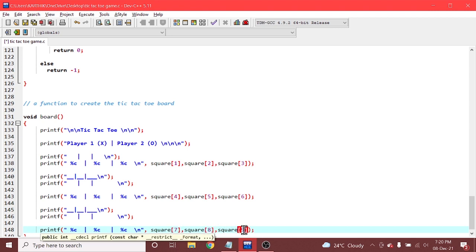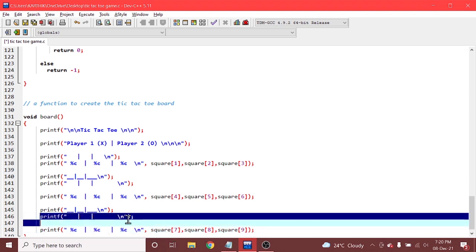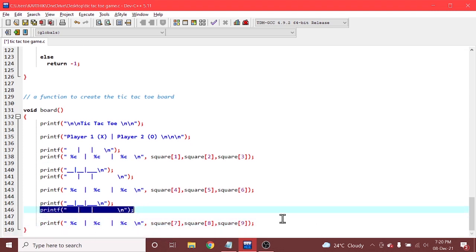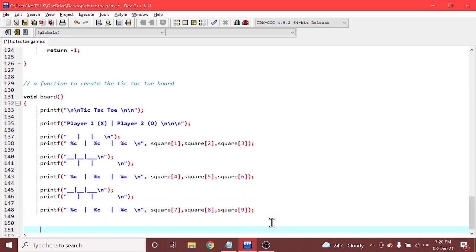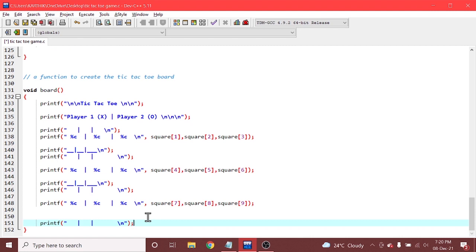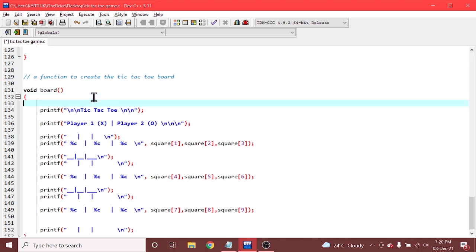And finally we are ending up with this part. To make it neat we are drawing those spaces, and here comes the end of your board.